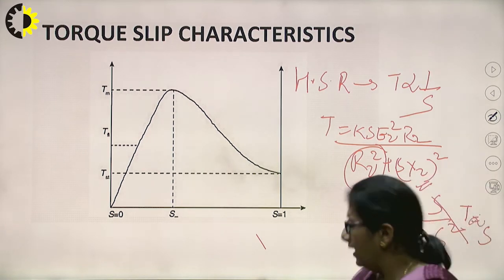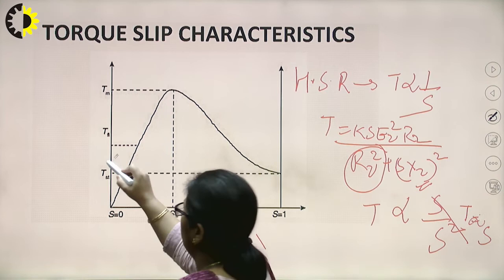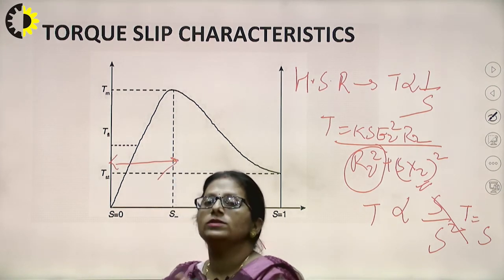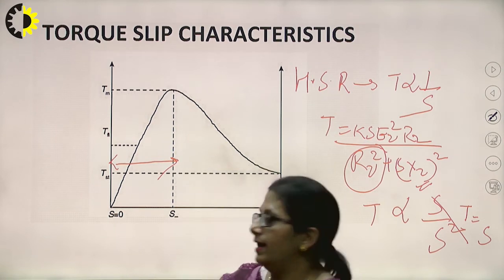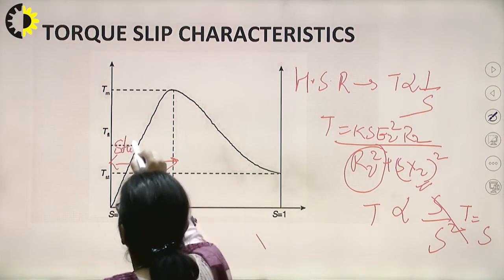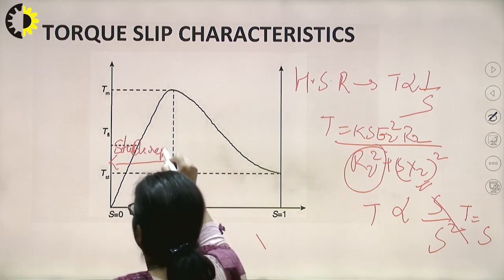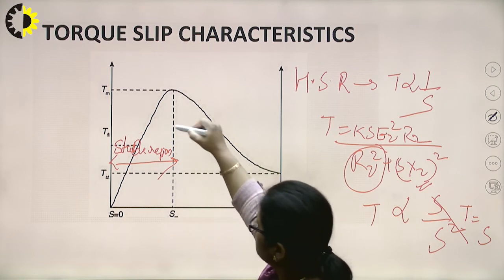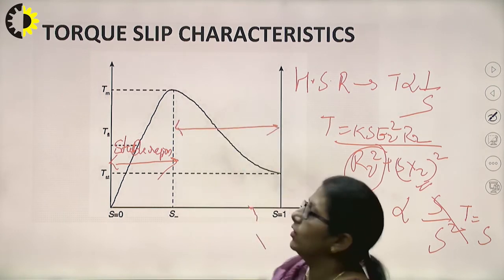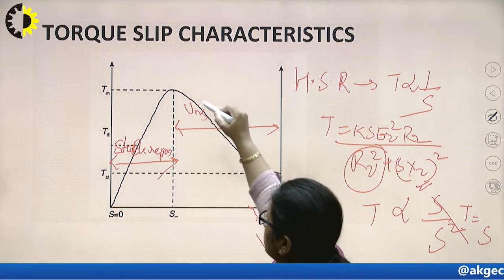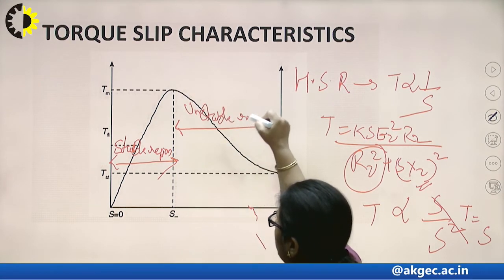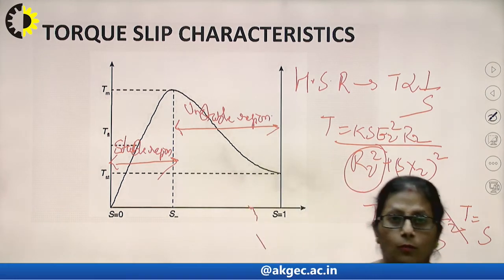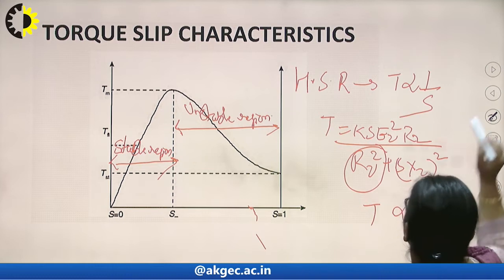Fine. Now, coming to one more important thing, right? We have called this region the low slip region, and this low slip region is also being called the stable region. And this high slip region is also being called the unstable region, for the reason very well understood. It can be very much easily understood. What is that? Okay, so let's continue with the